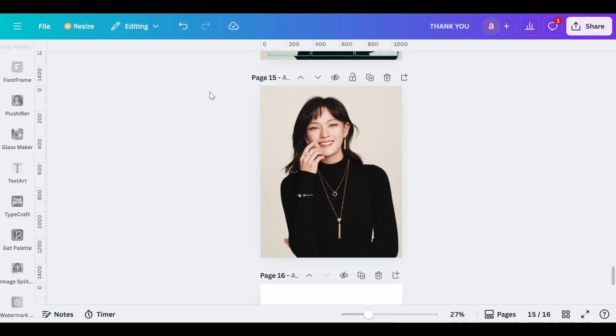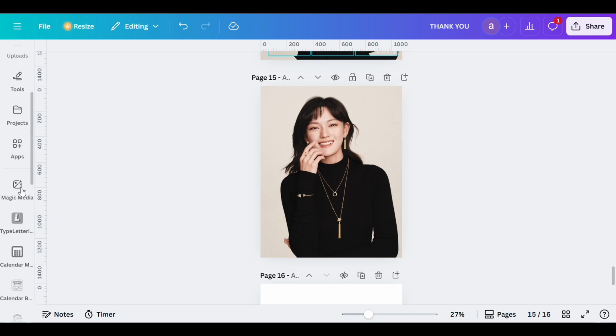In this tutorial, I will show you how to create watermark designs in Canva. It's very easy and fast, and it's really perfect for protecting your designs with a clean watermark. So let's get started. Let's just open your Canva and then open any of your designs, and then next